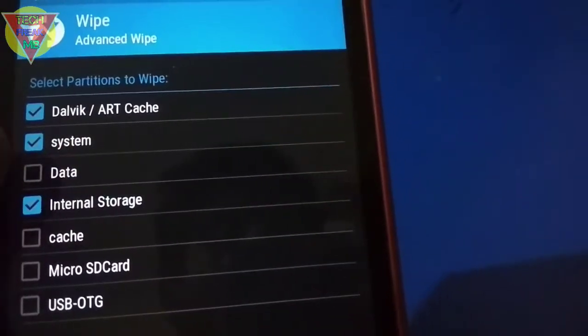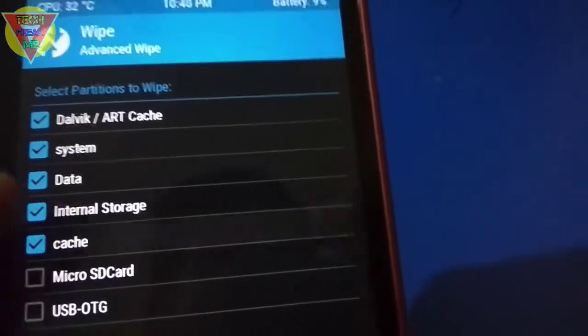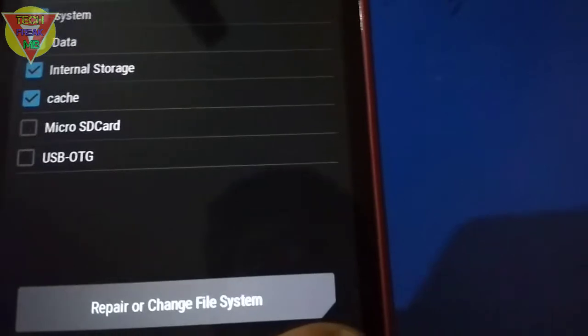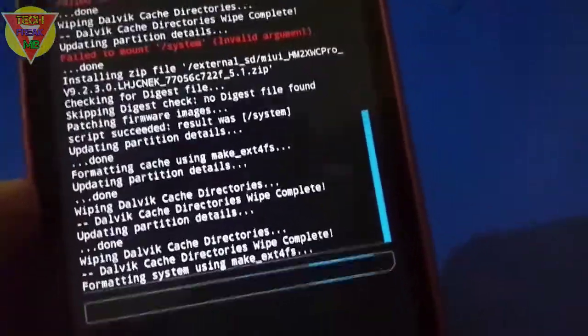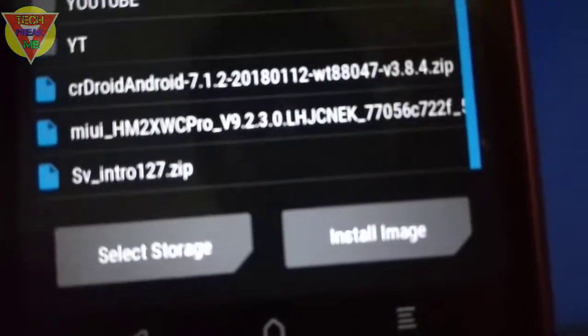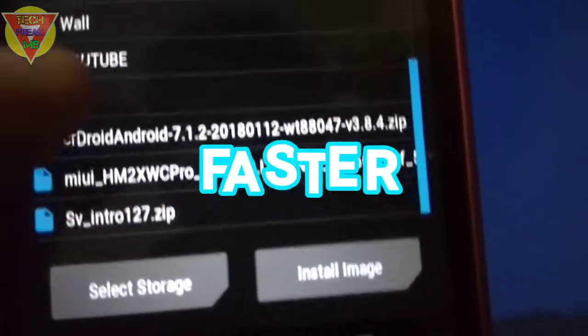After wiping everything except the micro SD card, and you can also just wipe the internal to get more space to install the applications, and just in a fraction of seconds, done. You can see the file, the 9.2.3 MIUI,